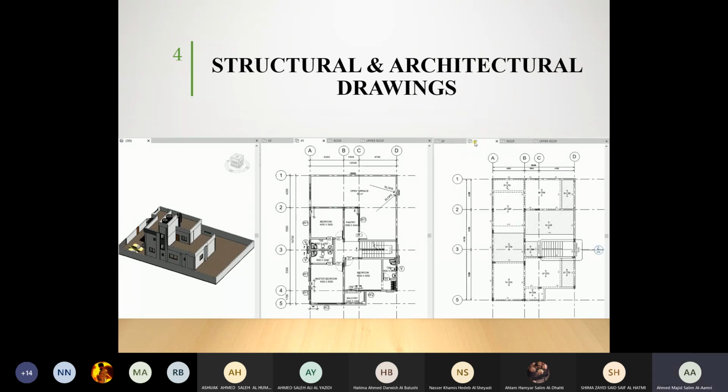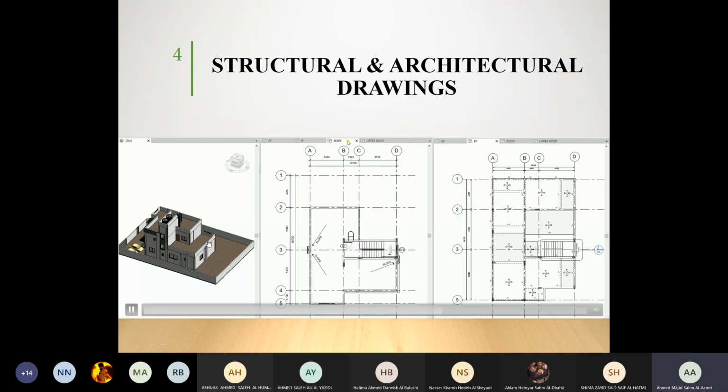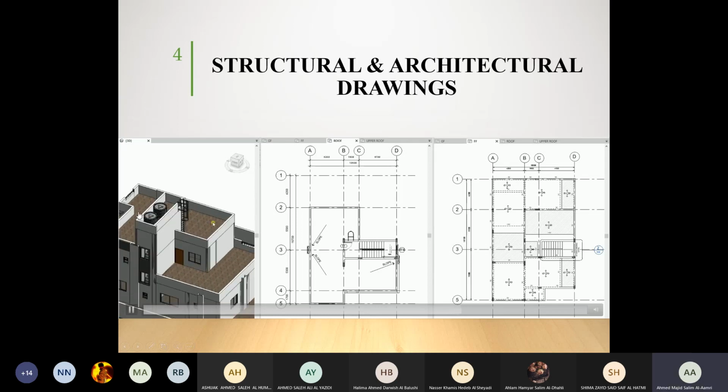This is going to be your first floor, but this is going to be your roof of the ground, which is going to be your floor for the first floor. We have roof and we have floor. Okay. So the roof for the ground floor is the same as the floor for the first floor, which is this one. Okay. And then we have the other level. So this is my other level where you can see it here. The same thing goes here.